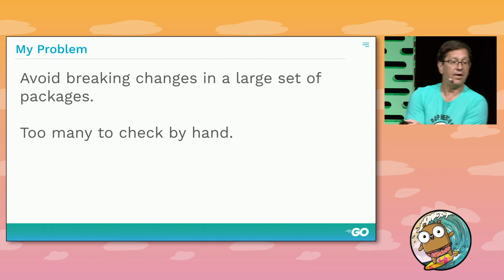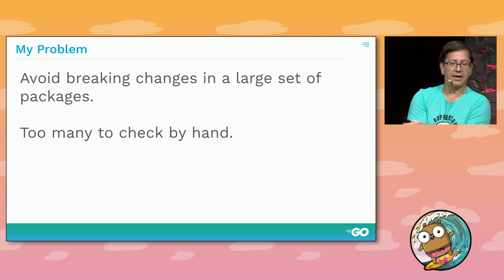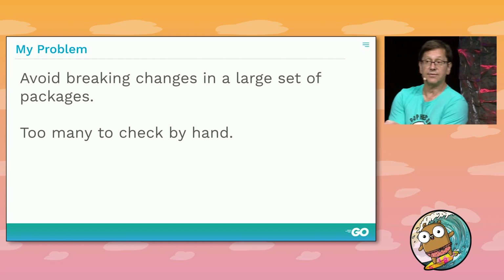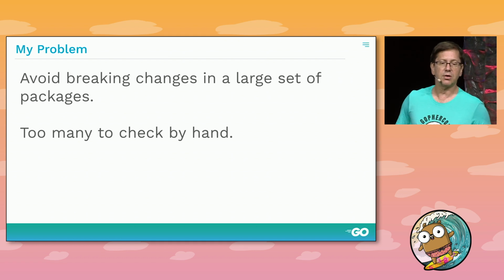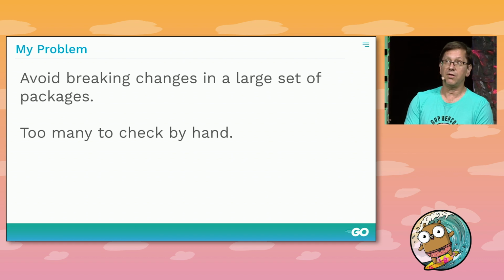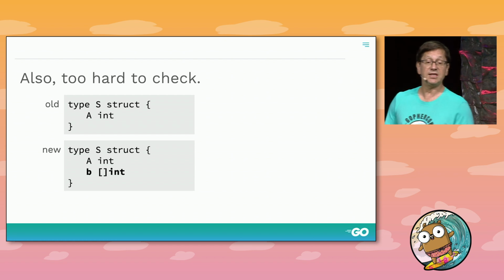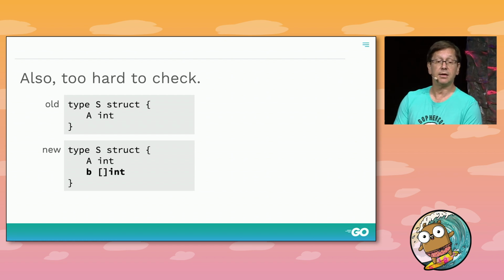A few months ago, I was faced with a problem. I was responsible for maintaining a large set of packages, many of which consisted of generated code. I wanted to make sure that breaking changes weren't being introduced, but it wasn't feasible for me to check all the code by hand. And I realized even when it seems feasible to check compatibility by hand, it's easy to